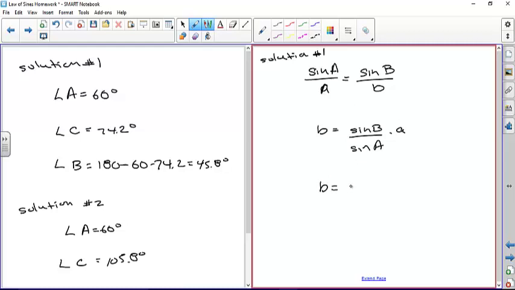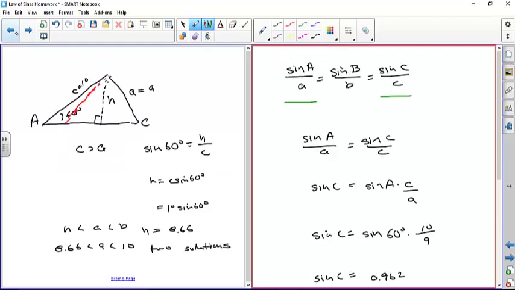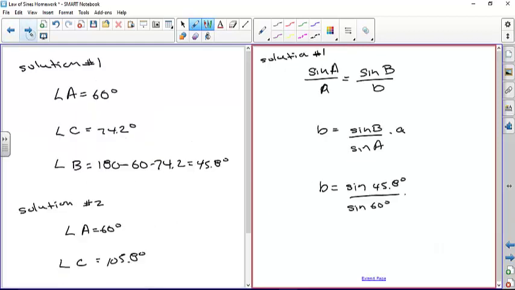So you get B is equal to the sine of angle B, which is 45.8 degrees, divided by the sine of 60 degrees, times A, which is the length of side A, which is 9. So the sine of 45.8 divided by the sine of 60 times 9, you get